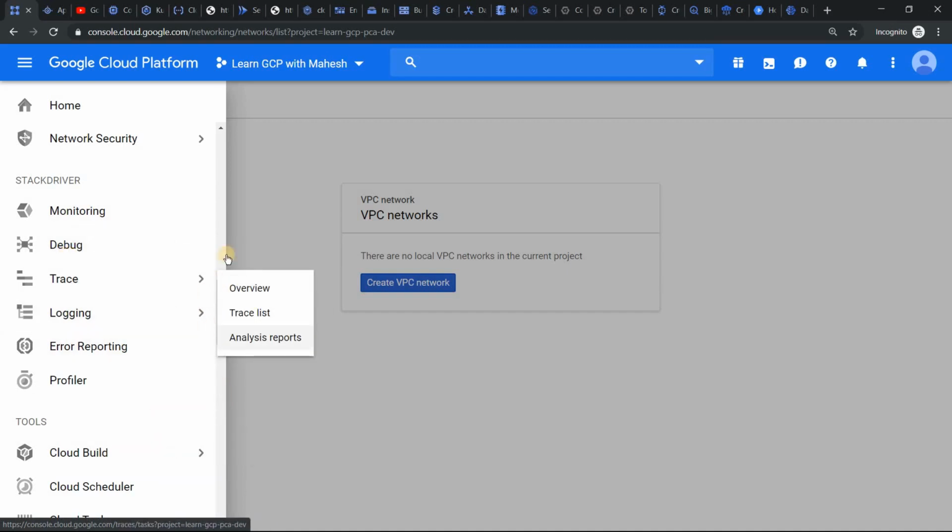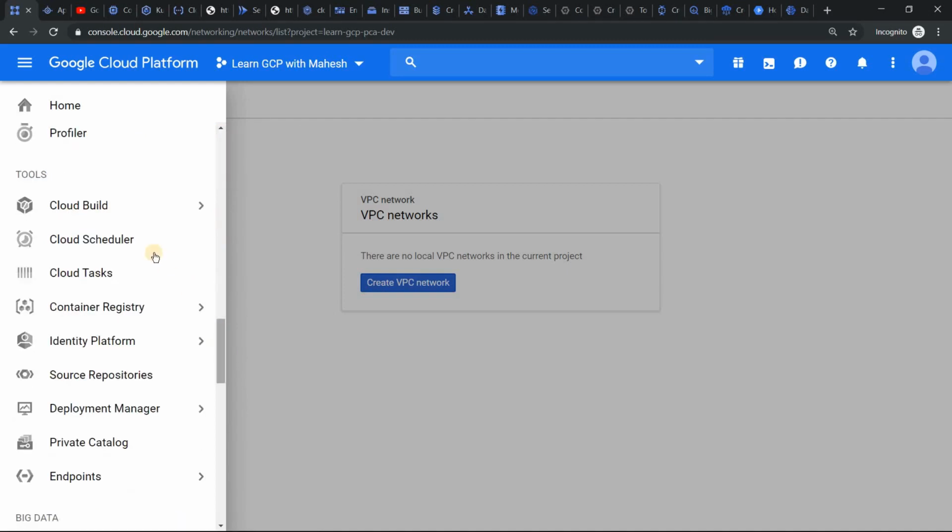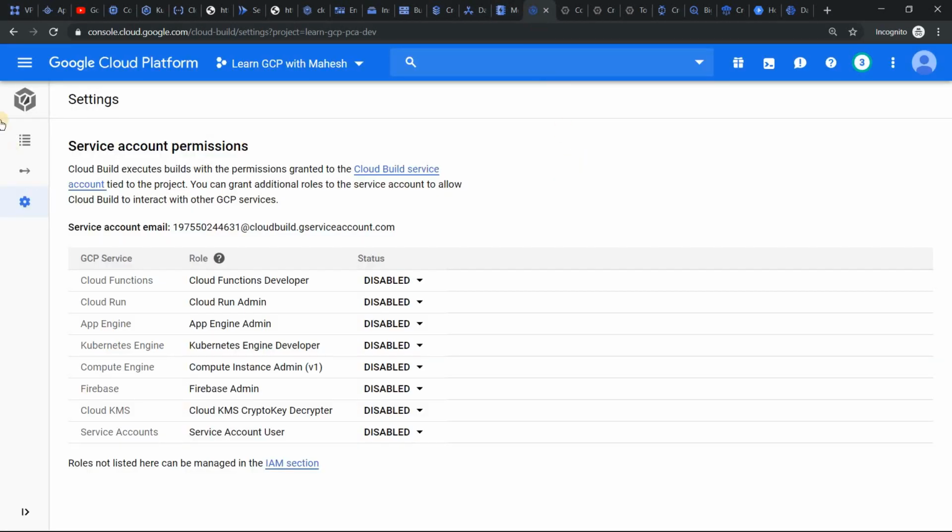And let's move on to the next part, which is under tools, Cloud Build. Let's see what the options are with Cloud Build. If you come to Cloud Build and click on settings, you will see which services can be used in Cloud Build. This is primarily a CI/CD process which you can activate using Cloud Build, and you will see Cloud Functions, Cloud Run, App Engine, Kubernetes Engine. These are all the services which you can use to write a Cloud Build pipeline. And we currently know Cloud Functions can be provisioned, Cloud Run can be provisioned, App Engine can be provisioned easily.